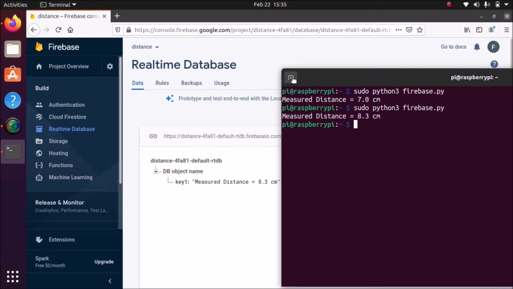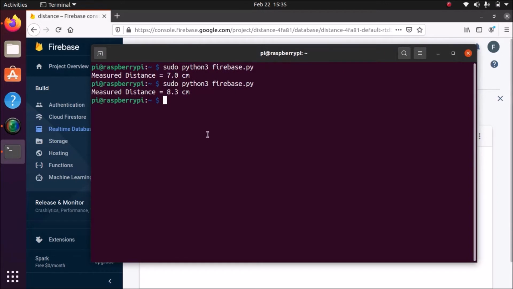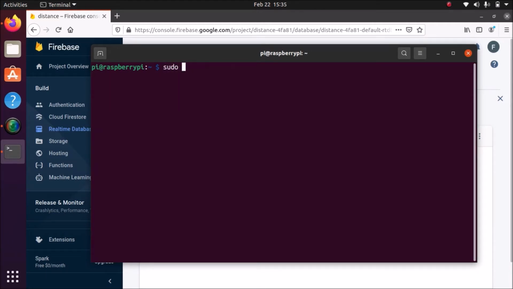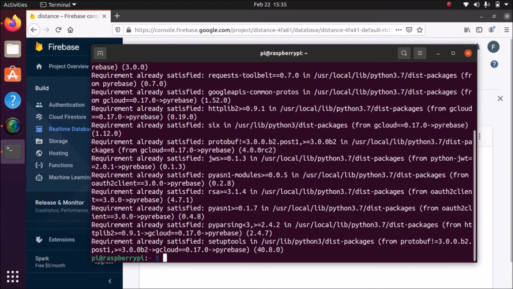So let's start. First thing first, friends, we need to install the package using the pip3 command for Python. I'm going to first clear the screen. Sudo pip3 install firebase. This is the package we want in order to configure Firebase with the help of Python. Then just hit enter, and it will install the Firebase package. I have already installed it.